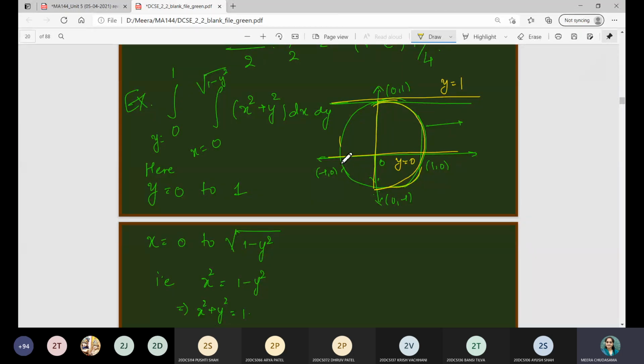So these are 4 cases, in which you are given the first case over here, as x is varying from 0 to the square root of 1 minus y square. So it will represent the right half circle on the positive x-axis, in which y values are varying from 0 to 1. So the region will be, in this case, the first quadrant once again. And therefore limits of theta will be varying from 0 to pi by 2. R will vary from 0 to 1. Is this point clear to everyone? Quickly raise your hand.